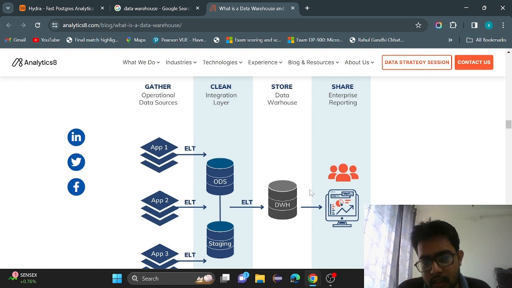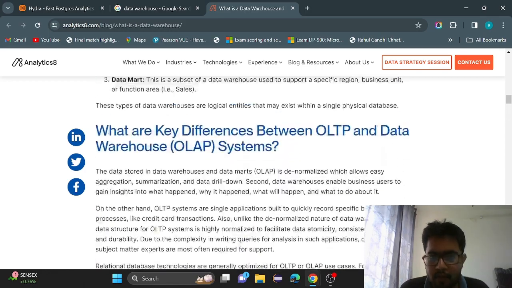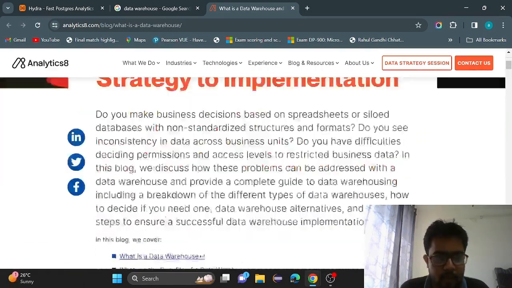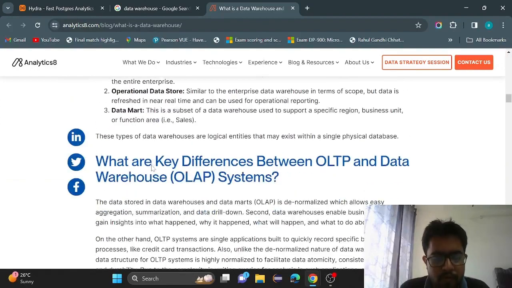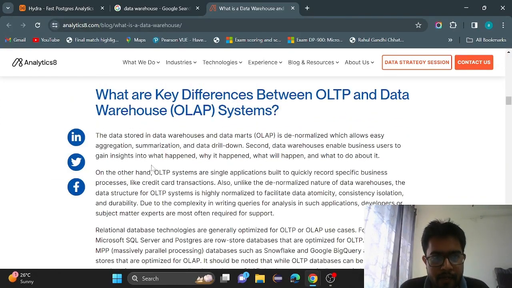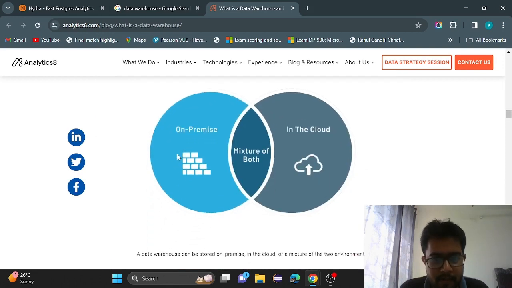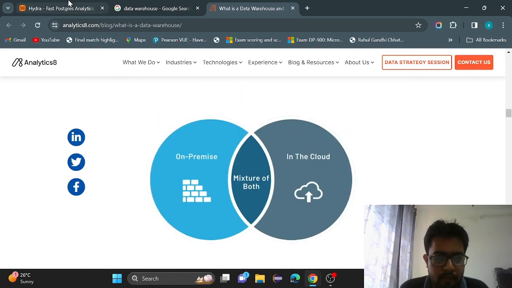There are various types of technologies we can use with data warehouses. It's just like Postgres, you can say, and Snowflake's technology is also there. But in this video, we are going to learn about the Hydra data warehouse, which is just a new technology where you can store the data. It is open source, so free for community versions. It is free, so let's try it. Okay,